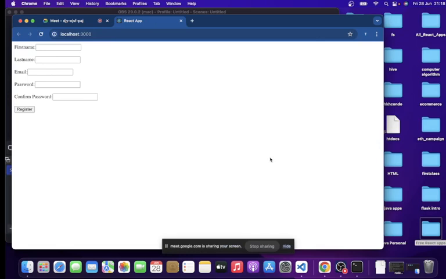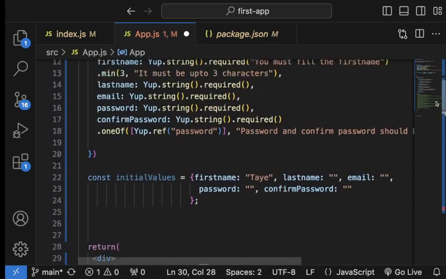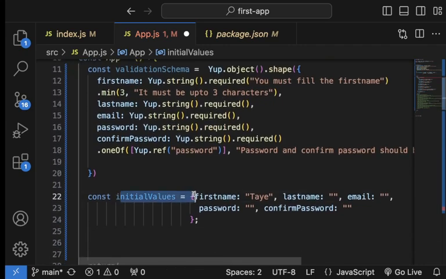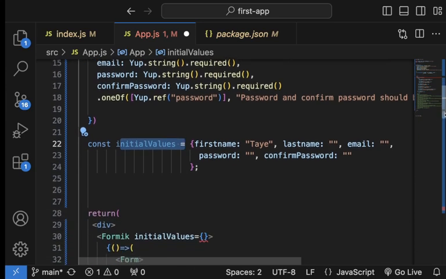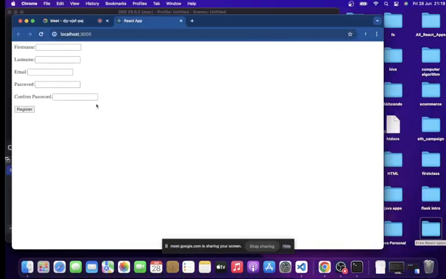Next, we want to ensure that our inputs have initial values, just like we did in our last class. So you come here, you add it as props to this Formik. You know this is a component, right? Components can have props. So you come here and you add a prop called initialValues. And the value of the initialValues will be this one. Any question? Do you get what you're doing? Now, when we get to the browser,